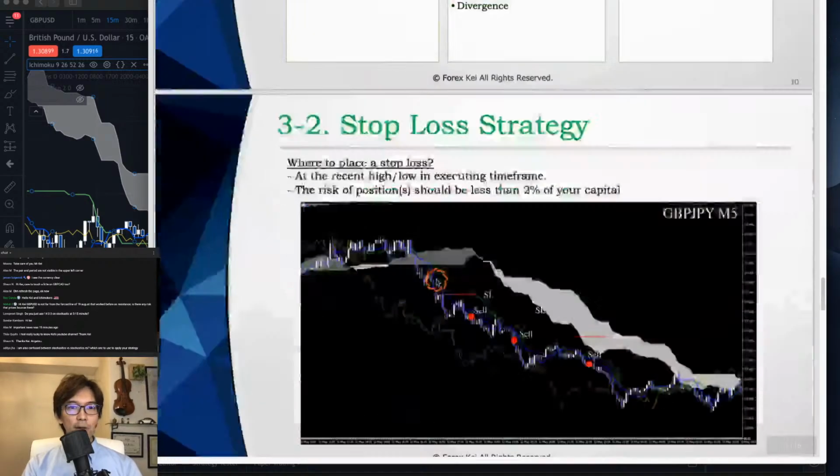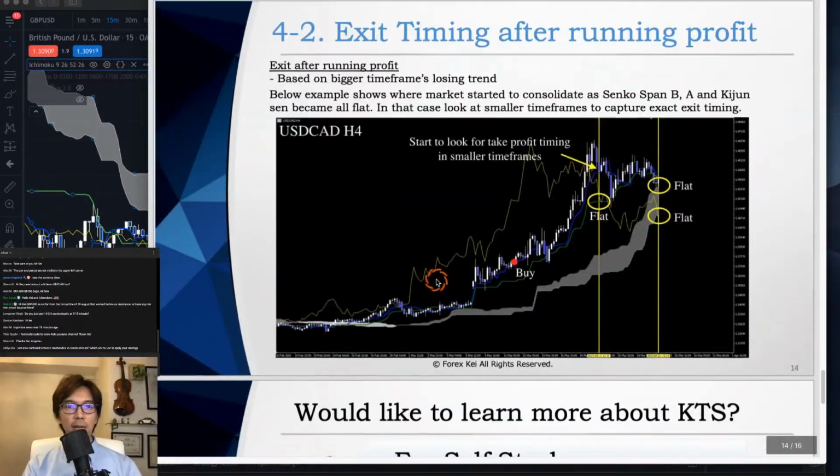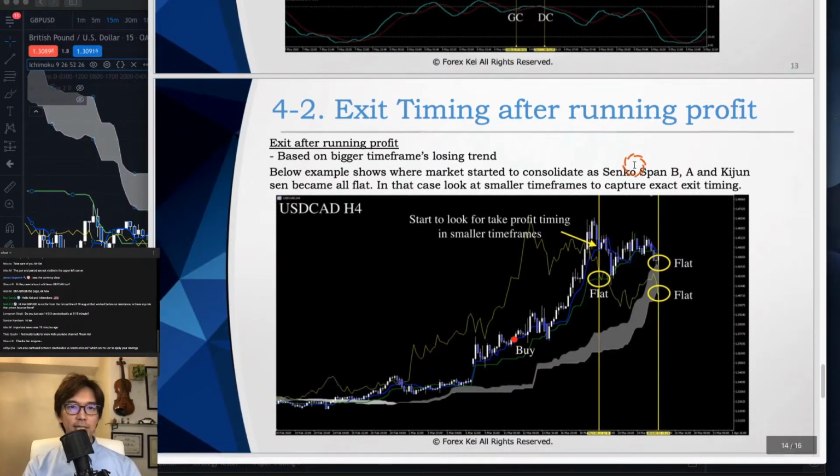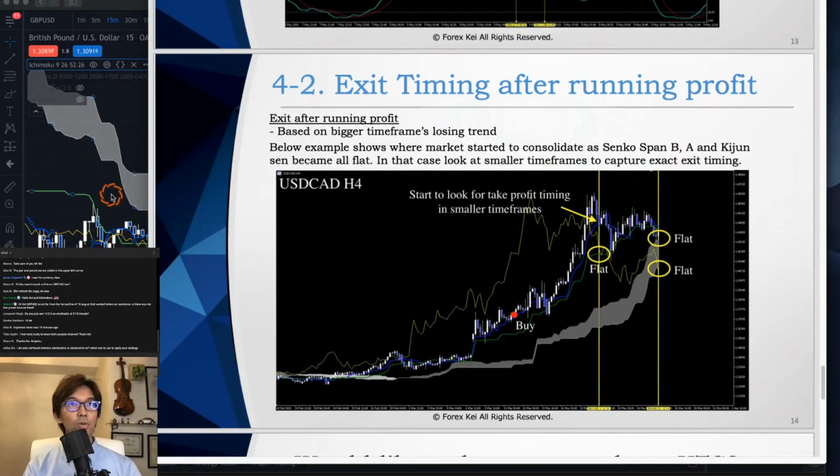And today's topic is exit timing after running some profit. So let me come back to this GBP USD later. But now let me just explain briefly how I would look for the take profit timing after running some profit. So this is a 4-hour chart. In this case, when I take a buy here,